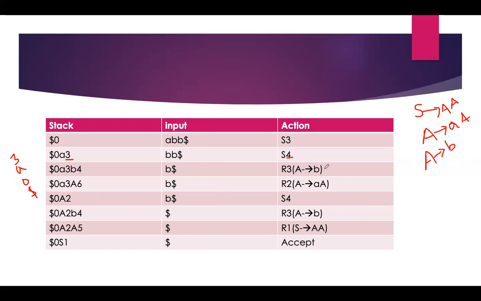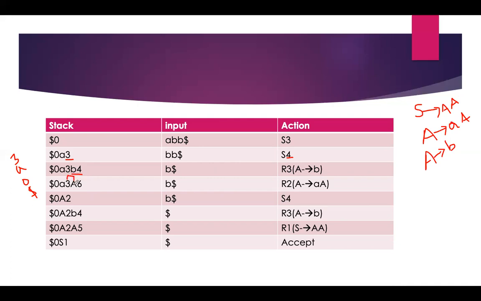So A tends to B means instead of B we need to reduce this to A. In the place of B we need to write A. For reducing we reduce these two symbols, so I have written A. For this A, we need to write the number also, no? Which number do we need to take? Here 3 and A.